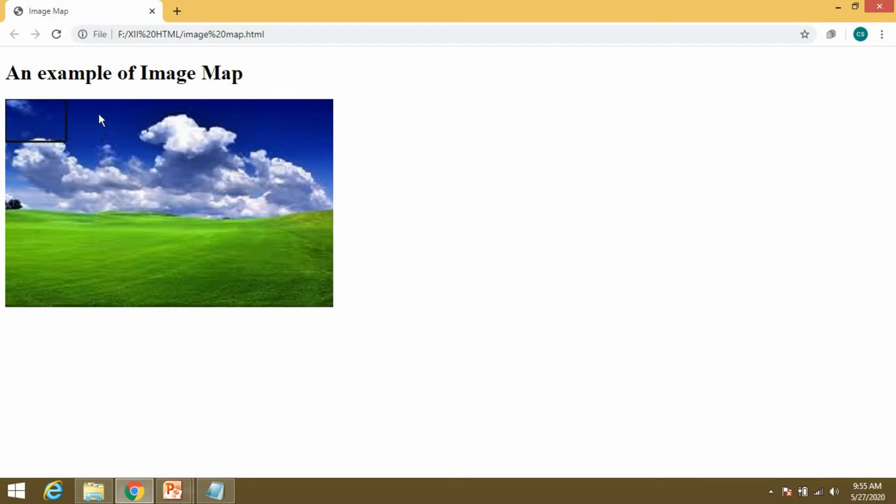Once you come out of that region, the cursor will be different, and once you go to this region, it will be different. Wherever you click in this location, you will go to google.com. So this will open the Google link.